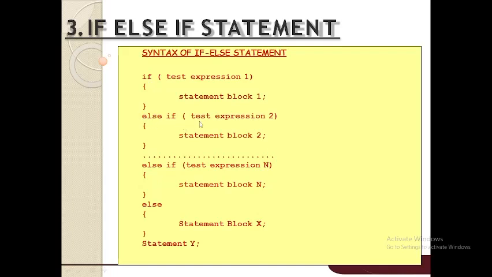So this is condition number 2, then condition number 3, condition number 4. So like this else if, you can write any number of conditions. Okay. If all the conditions are false, then it will execute last else part. Now students,